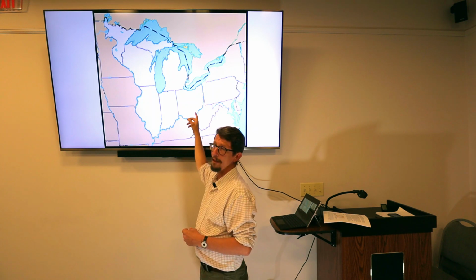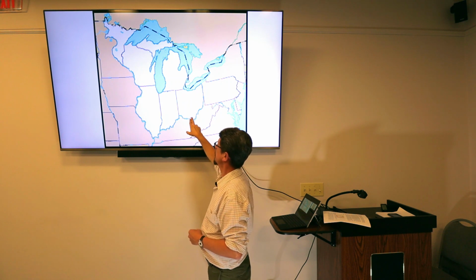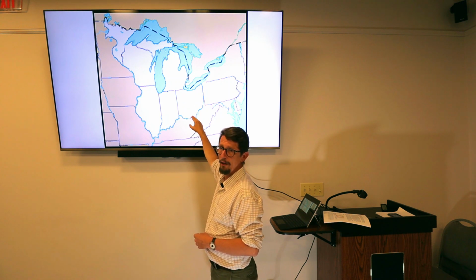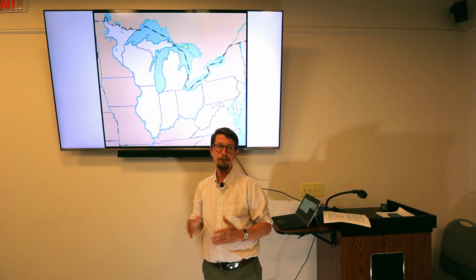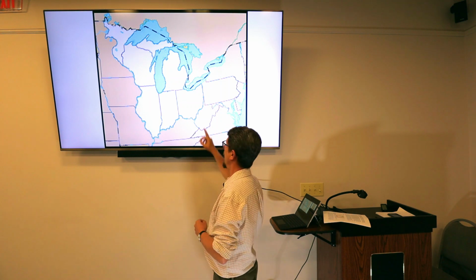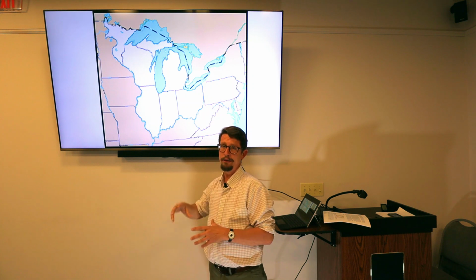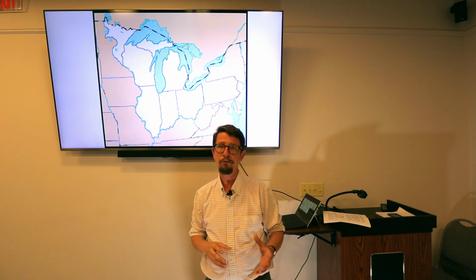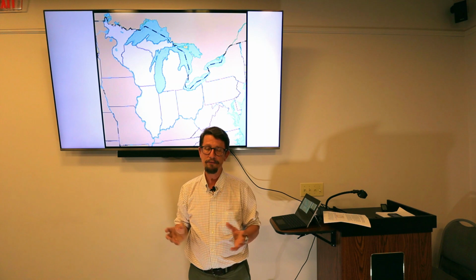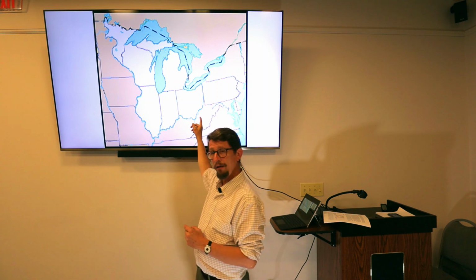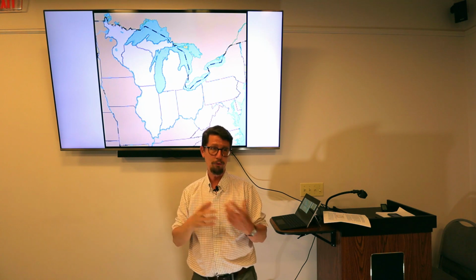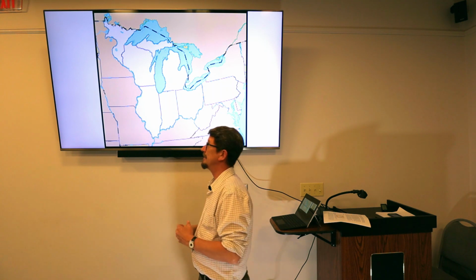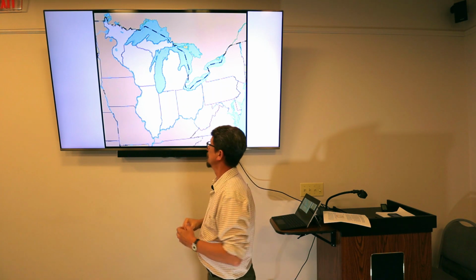The Scioto Basin within Ohio was called the Virginia Military District. That was going to be used to pay all the soldiers from Virginia. The Ohio Company was primarily just to get a foothold in the Northwest Territory and start the process of statehood. I am particularly fond of the Ohio Company settlement because that's how my family came to Ohio in 1798.